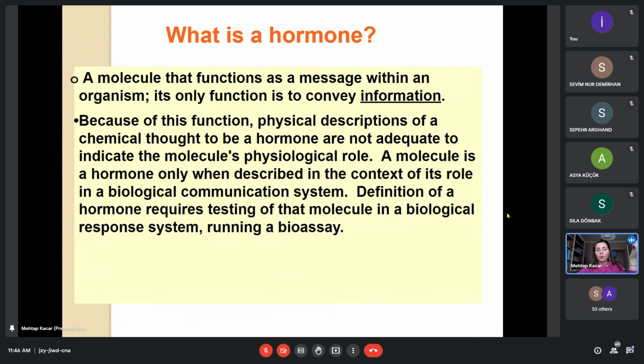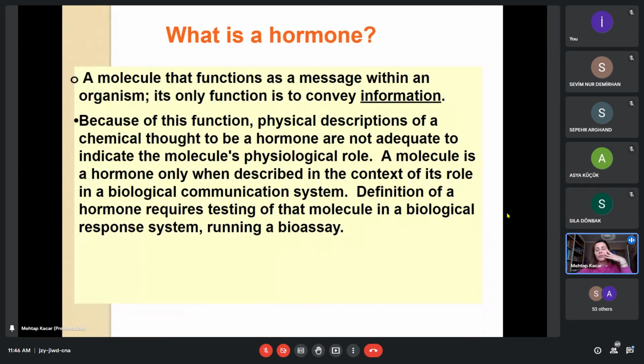Okay, hormones. A hormone is a molecule, and this molecule functions as a message within an organism. Its only function is to convey information. Because of this function, physical descriptions of a chemical thought to be a hormone are not adequate to indicate the molecule's physiological role. A molecule is a hormone only when described in the context of its role in biological communication